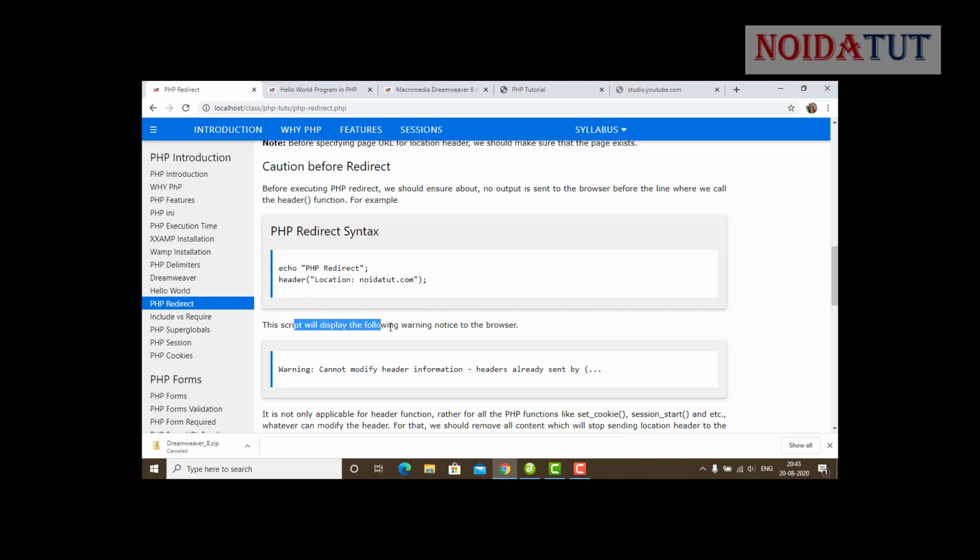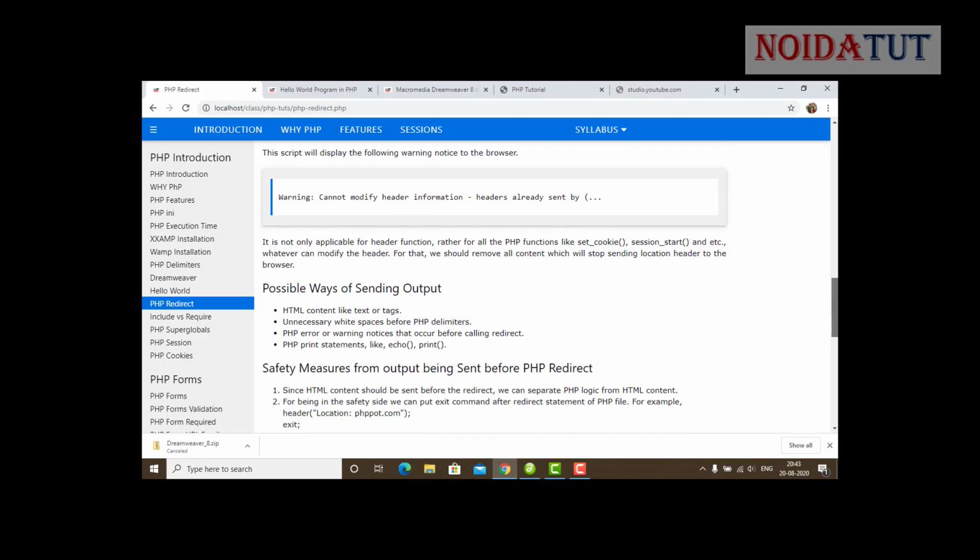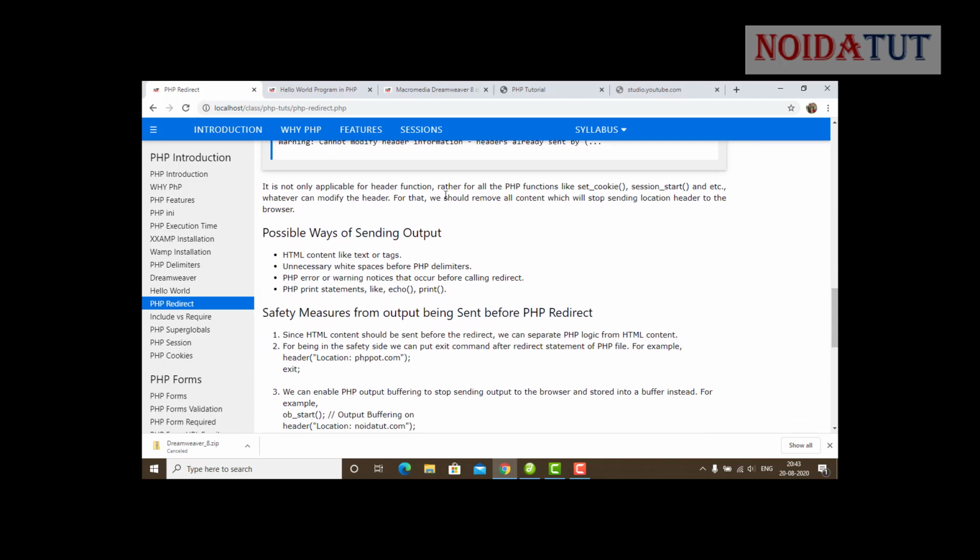This script will display a notice in the web browser, and this is not applicable only to the header function, but to all PHP functions like setcookie, session_start and so on, whatever can modify the header.